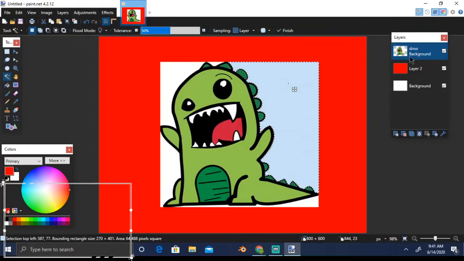Before making any selections, you have to make sure that the correct layer is selected. This is a very confusing thing for new persons. Most of the time they are on a different layer, and then they try to edit a layer which is not active, and they say that it's not working.